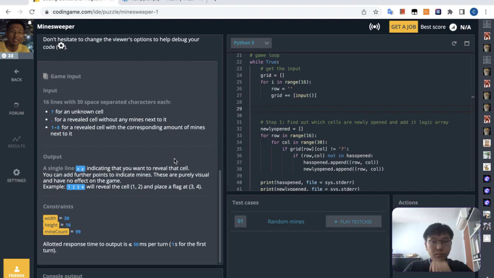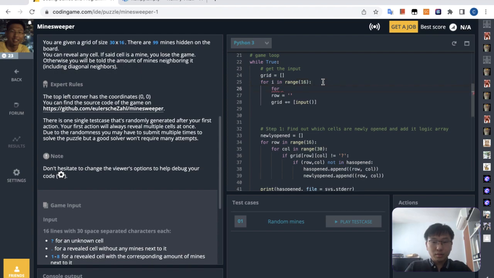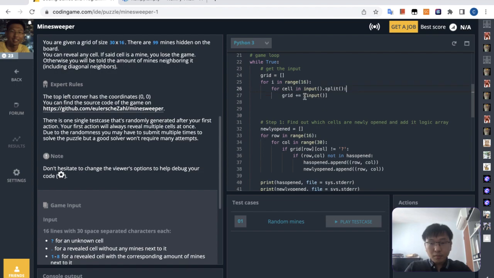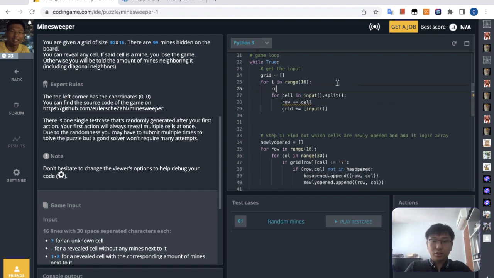Oh, I know why. Because I need to do... Oh, I still need to do my input dot split. Okay, so because there's spaces. Okay, I need to do what I did just now. So let's do this. So we add this inside here, and then we just add the row inside the grid